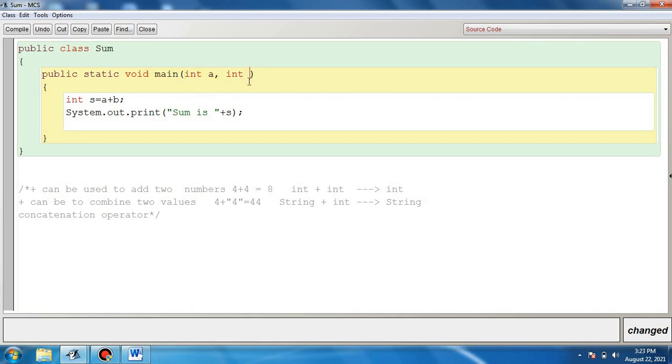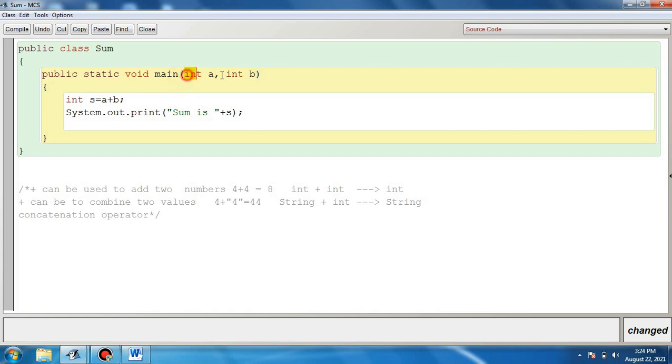Earlier we passed only one parameter, that is String args, an array of strings. But now, since we want to assign the values to the variables while running the program, we declare the variables within the brackets as parameters.